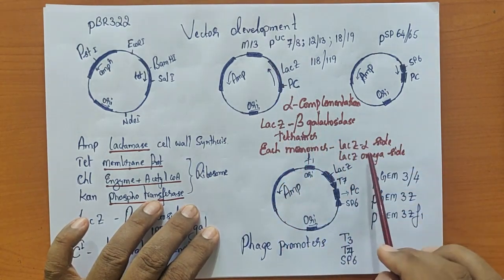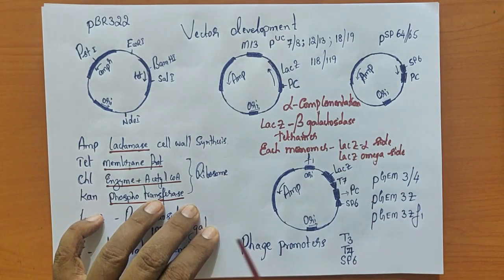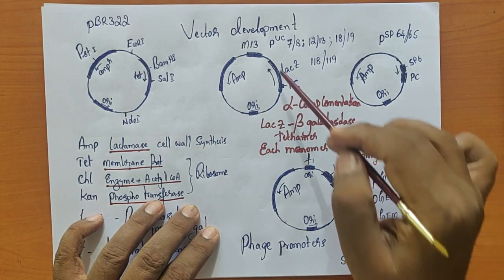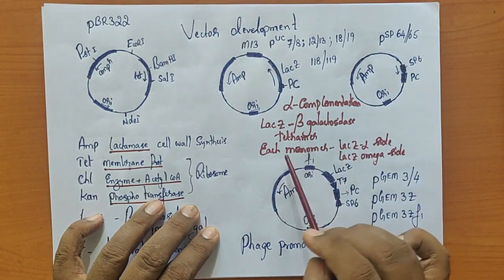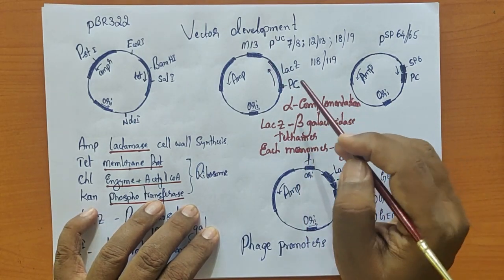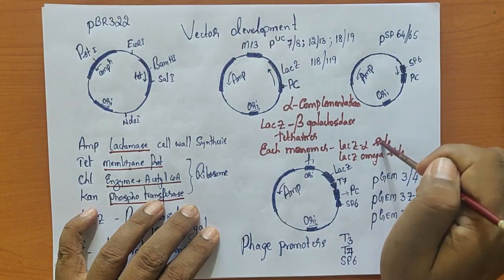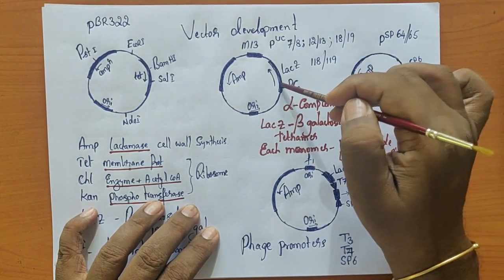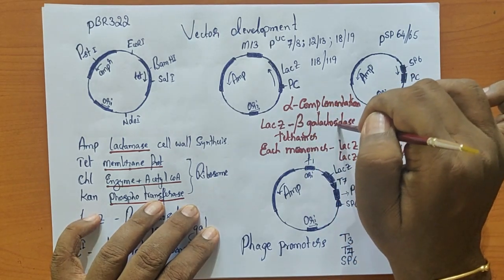So now what happens, this alpha side will complement the host beta galactosidase. So we are going to have just the alpha side of the beta galactosidase monomer in this particular case, in fact. So now we have this promoter, then we have this alpha region which is required for the activity of beta galactosidase, in fact.